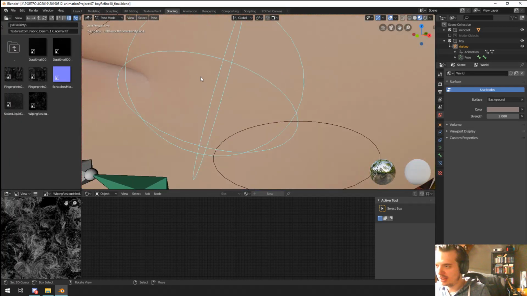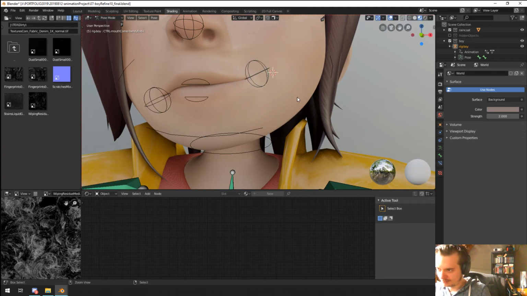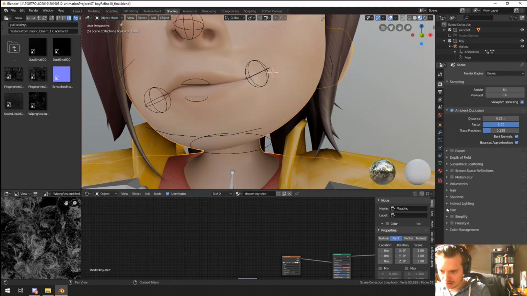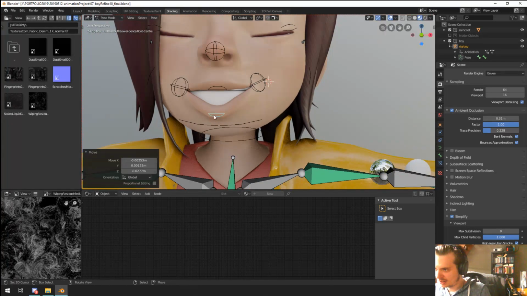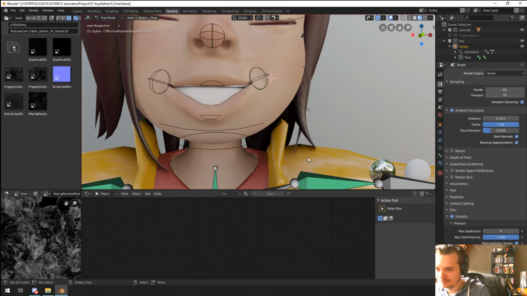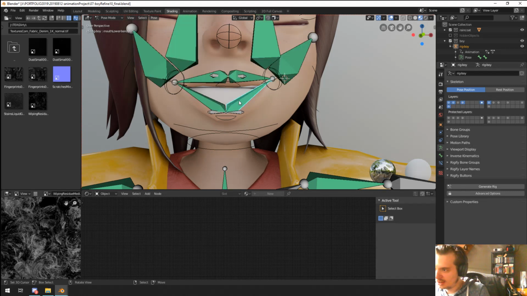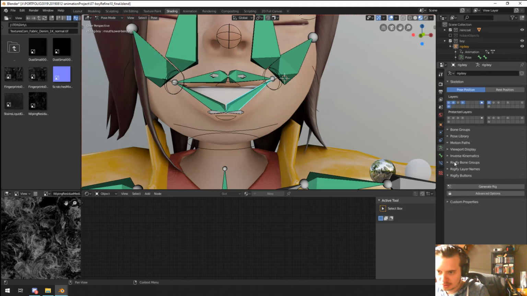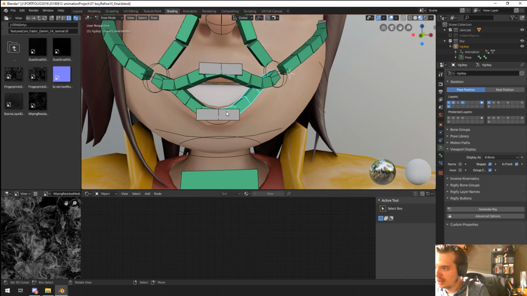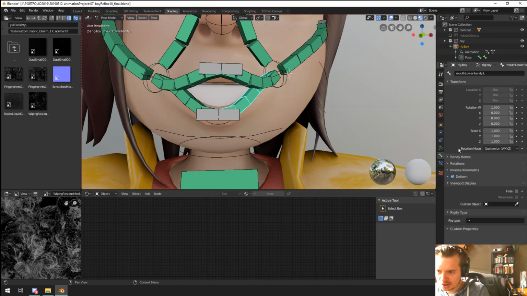So what we find here is that, let me just put simplify on here as well. There we go. So we can work a little bit faster. Once the mouth opens, it shapes like this, right? And it's normal that it shapes like this. And we have two possible fixes for that. If we check our bendy bones, so go to viewport display for the entire rig, and go to B-bone. The bone goes like this, right? And we could go to the bone properties, to the bendy bones,